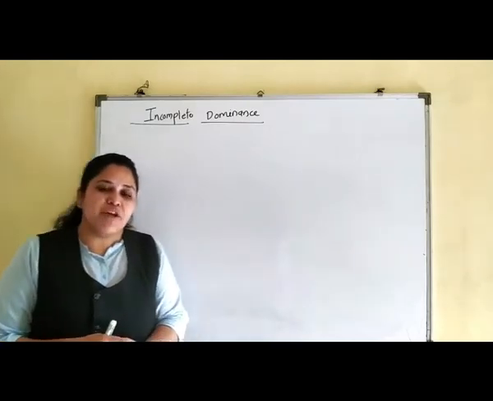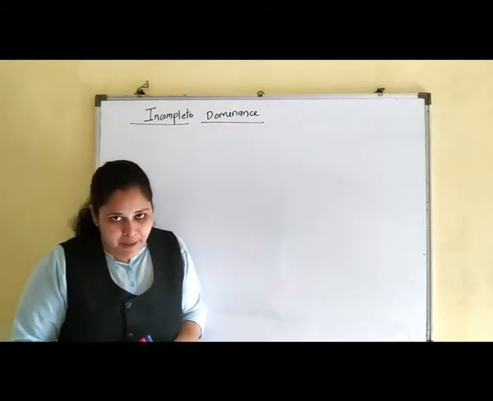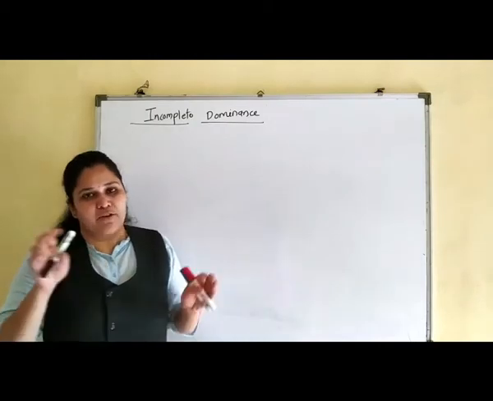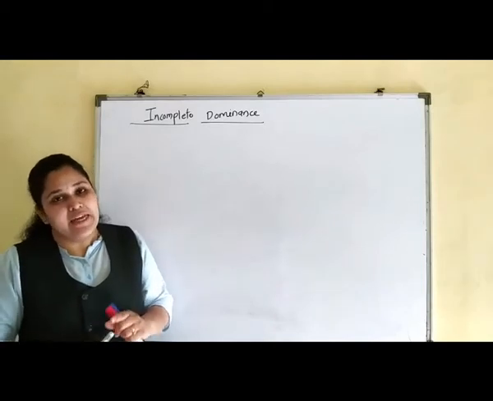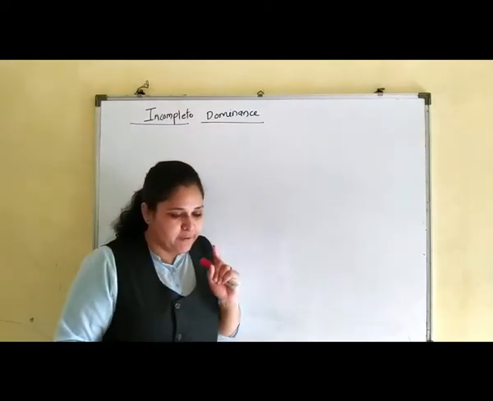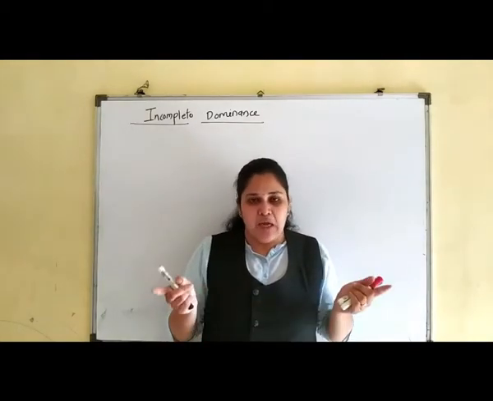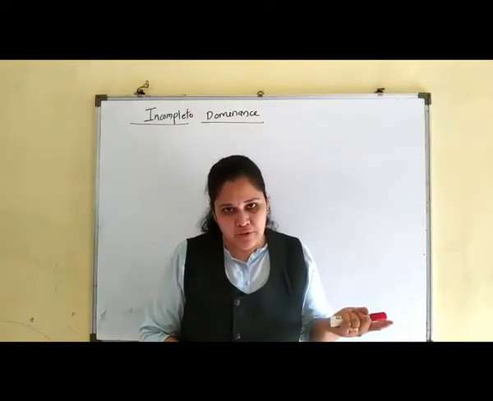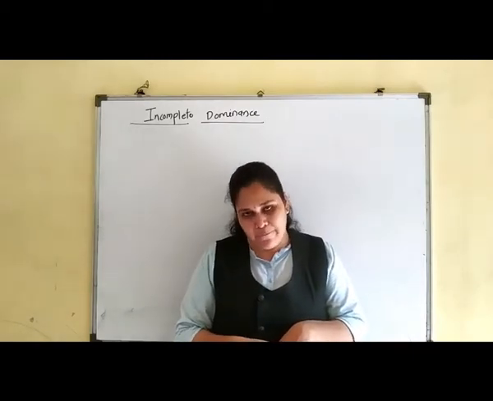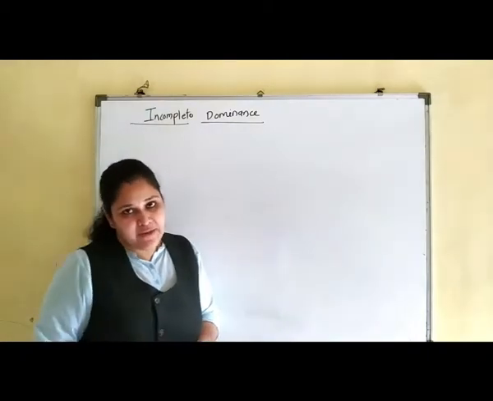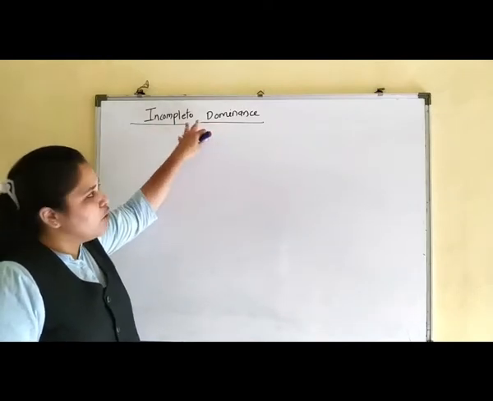In case of incomplete dominance, the phenotype of the F1 hybrid neither resembles the dominant parent nor the recessive parent. So it shows an intermediate phenotype of both the parents. So it is known as incomplete type of inheritance. In case of incomplete dominance, the F1 hybrid or any progeny neither resembles the dominant parent nor the recessive one. It gives the intermediate type of phenotype. This is also known as intermediate dominance or incomplete dominance.